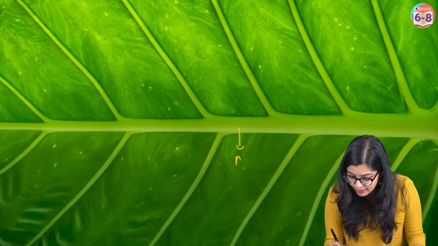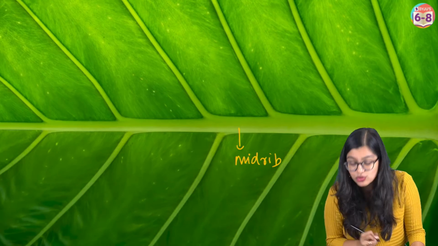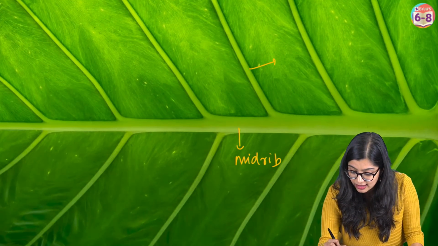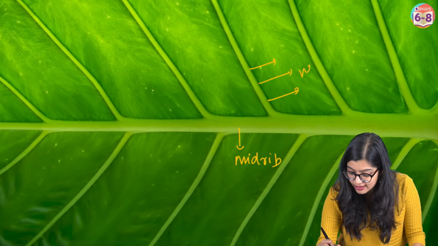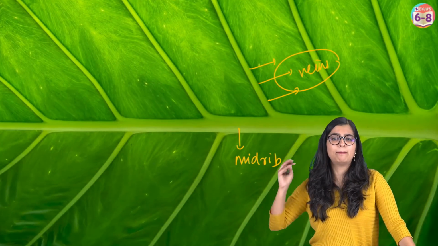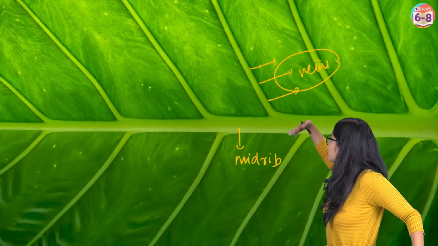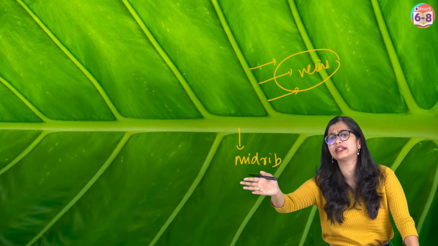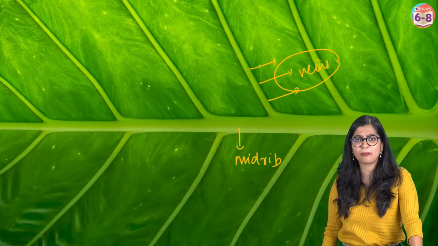You can see the midrib, right? You are able to see the midrib. You see these other patterns, the other veins which are there around it. Yes, so all of this is clear. But is this arrangement, the way I drew it, right? I drew it differently. Now you are observing one kind of pattern.